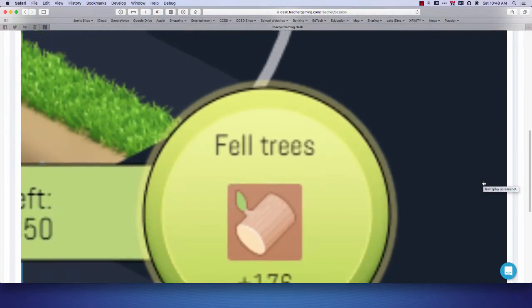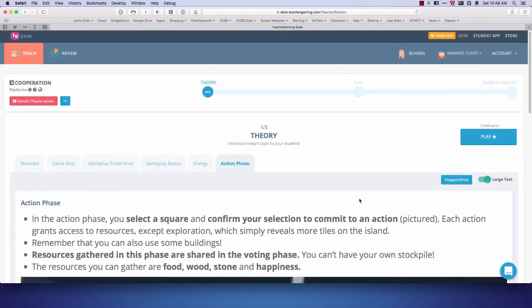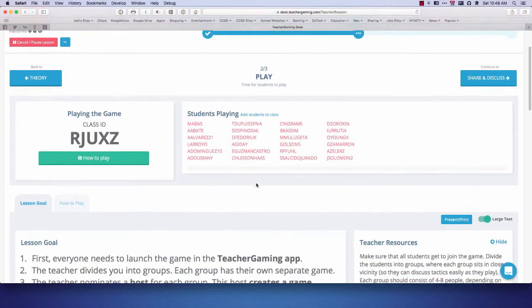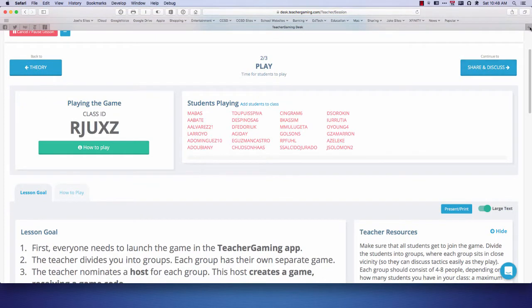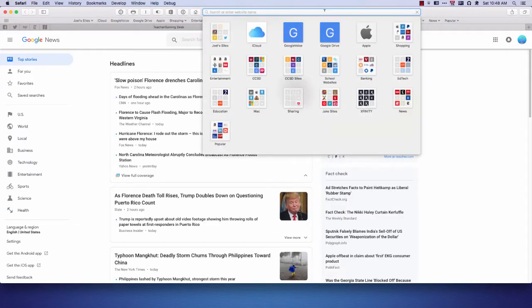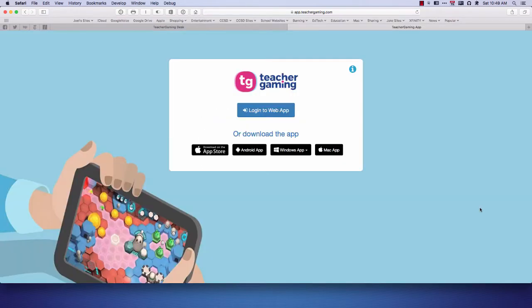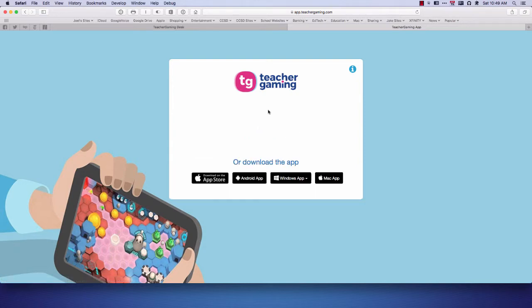Basically the game is played in different sections of action and voting. Most of this has already been discussed, so here is our class code. This is what I could project to students. Then if I open a new tab, as a student playing the game, I would go to app.teachergaming.com. This is what students would see on their Chromebooks or in any kind of browser. You can download the software if you want, and now the new feature is to log into the web version of the app. So I have my class code,